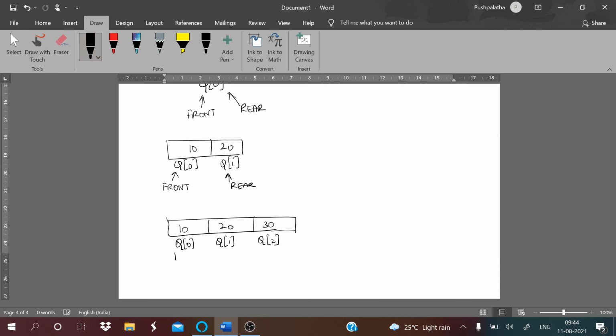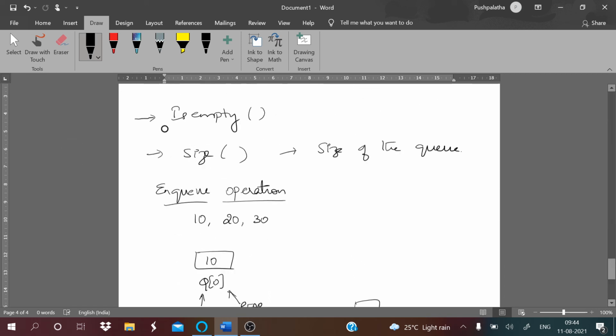This becomes your rear, right? So this is how you are going to insert the elements into your queue. When the queue is empty, front and rear are -1, no elements. Then this becomes 0. Front and rear are the same once you insert the 10. This is the process it goes on.